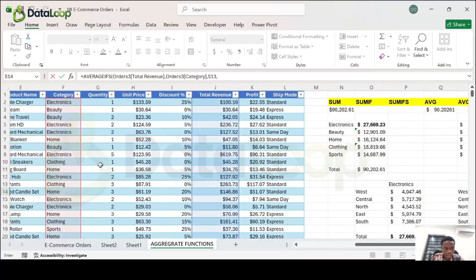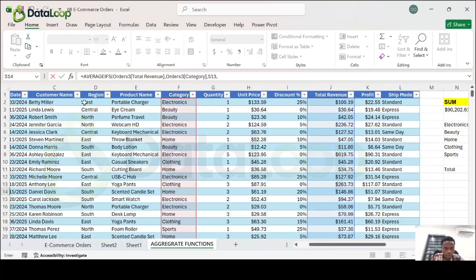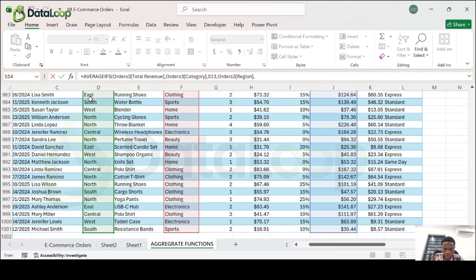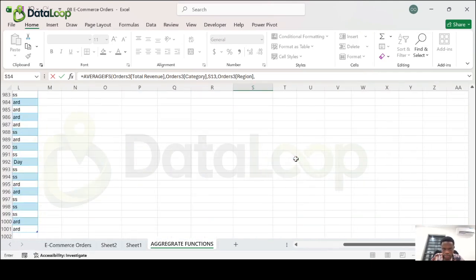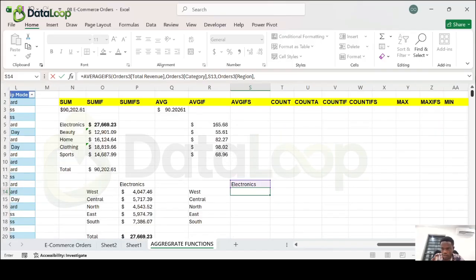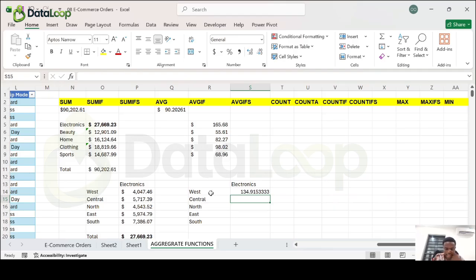Then the criteria range two will be what? The region here, right? And criteria two is my West here. So once I press enter, I'll get the average. So this is telling me that in the West, the average sales made is 134.92